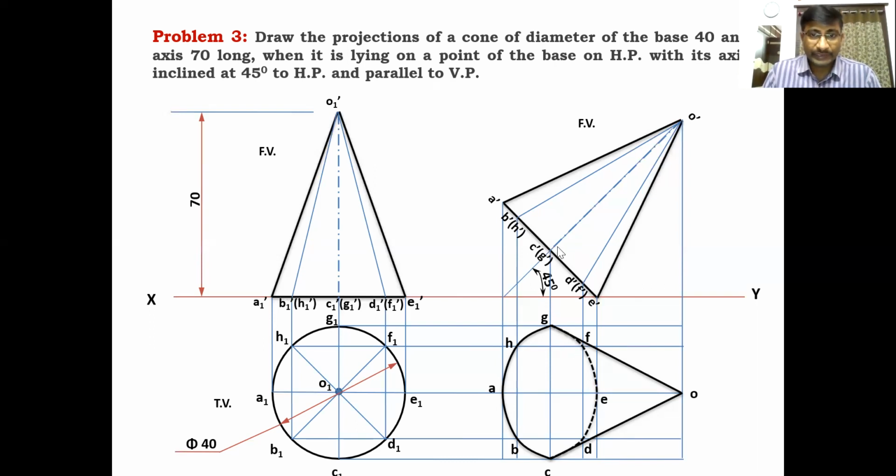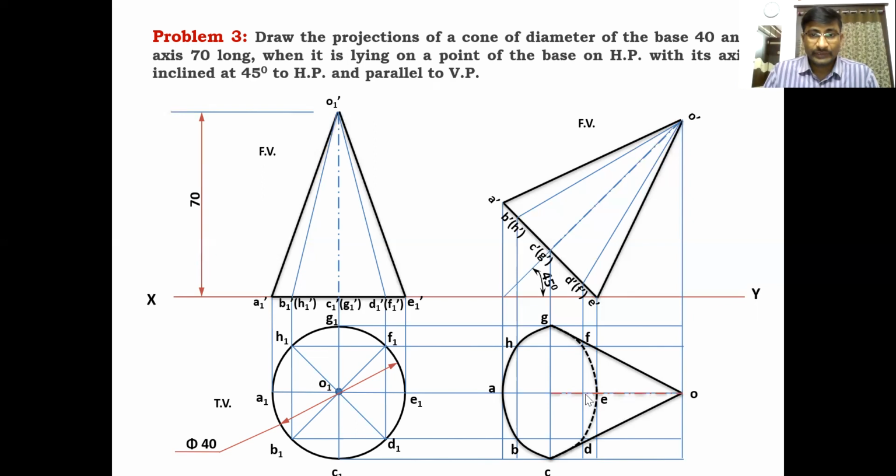And A to C, A to G is visible. This is visible. And A dash O dash is visible. Sorry, it's one of the generators. And E dash O dash is one of the generators. Clear? It is a circular surface, that is a smooth surface. When looking from the top side, only the outer lines are to be drawn. That is, CO and GO are the visible generators. The remaining generators are not drawn, only the outer generators must be drawn for the cone.